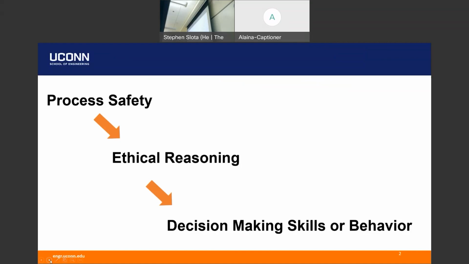Complex decision-making in complex situations that are often changing quickly and dynamically is a lot more difficult to teach. It's also difficult to do as a case study, and I'll show you a little more about that when we get to it. So we thought a game-based approach might be a really interesting way to teach students about process safety and process safety decision-making.